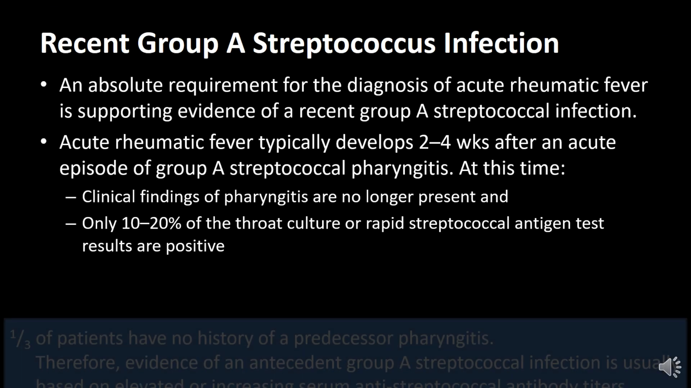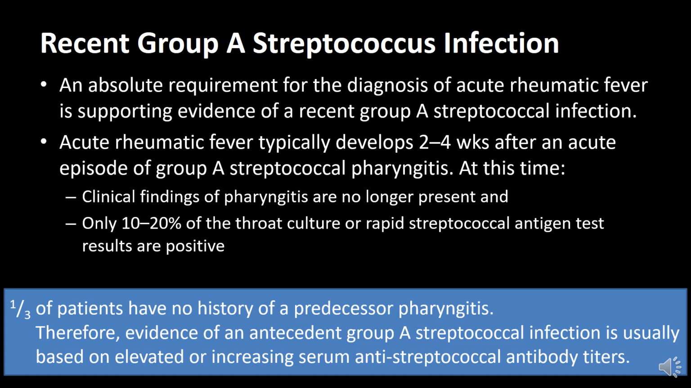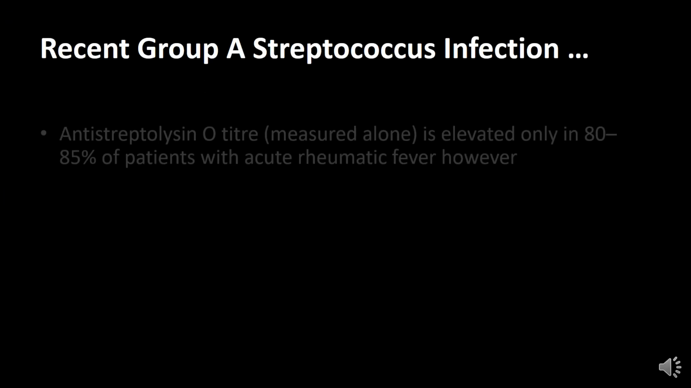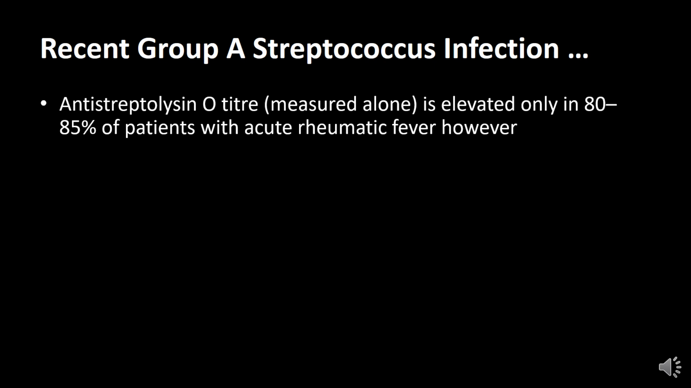Of this history, a third will not give you a history that they can remember they had a throat infection, or that they even had a treatment for it. Because if they can't remember, it means it just passed by. And if you only do anti-streptococcal titers, you will only get a positive result in up to 85% of patients. You still have 15% that may have acute rheumatic fever, but you do not have absolute evidence for streptococcal